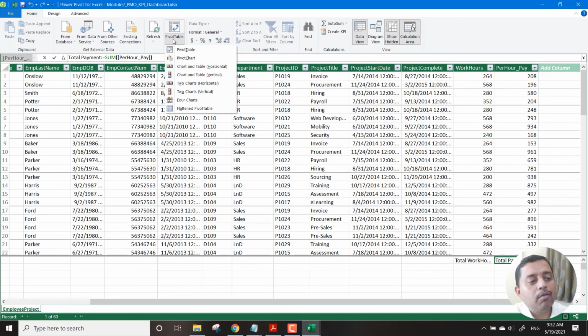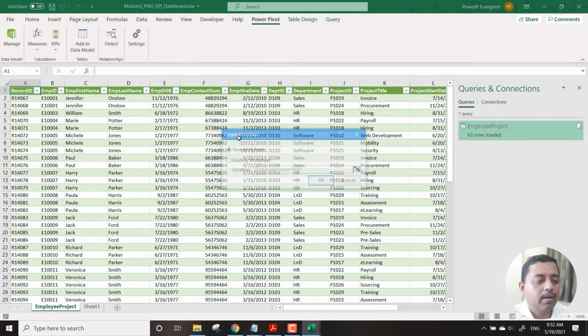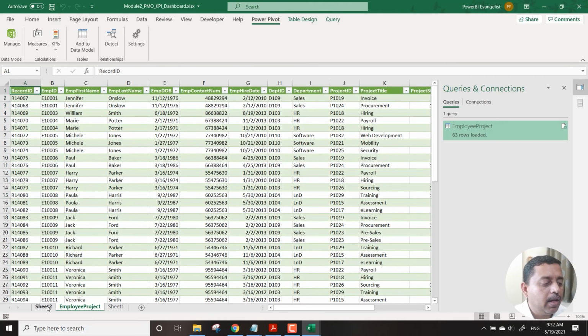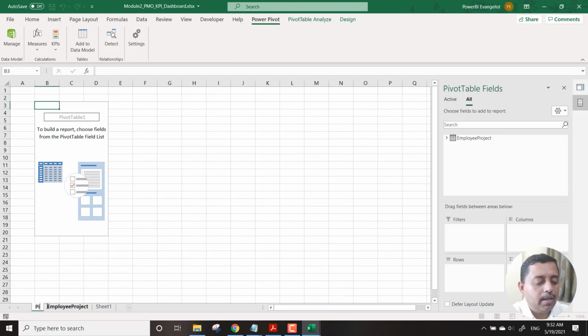But this time we will not take help of this chart or table or something. We will directly work with the basic thing, which is a pivot table over here. So we go to pivot table. This is a blank canvas, as you can see. And here we already have the data, and here we have the pivots. So this is the area for pivots.